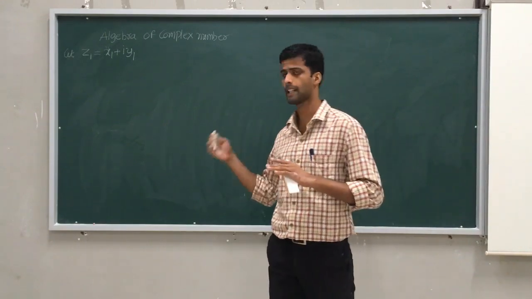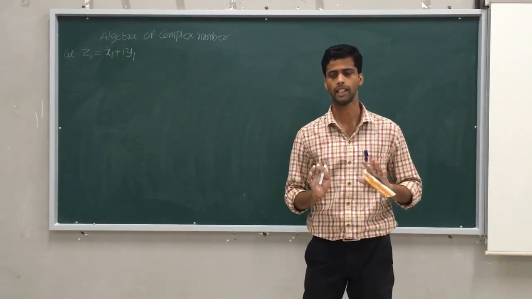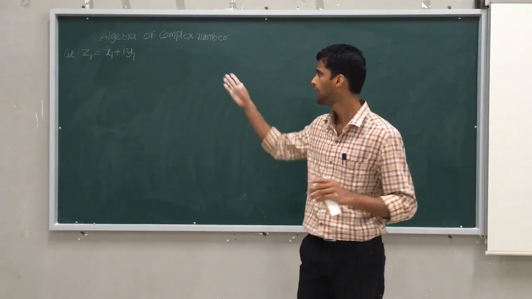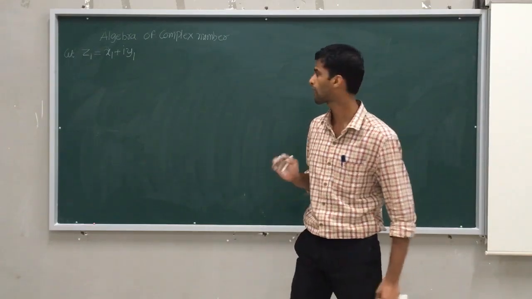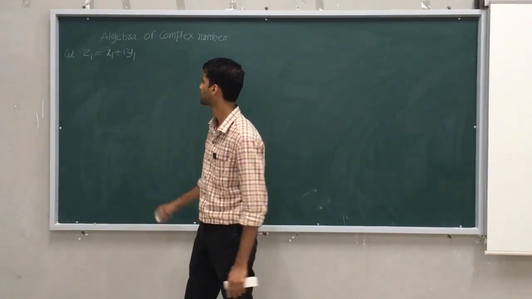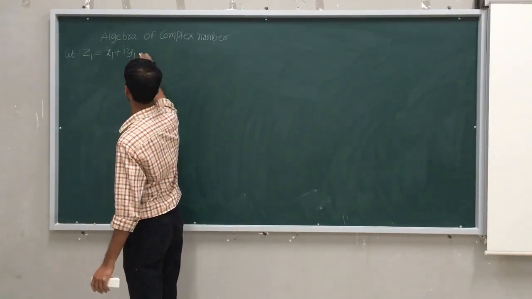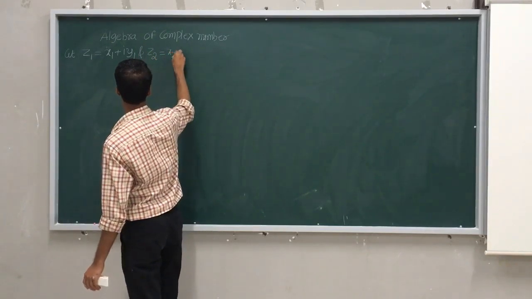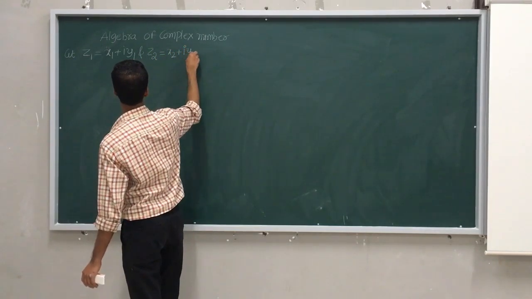Don't take a on one side and x1 y1 on another side. Stick on to one. But while getting the idea, you may change notation. But while writing also, be careful. I will take notation x1 y1. So let z1 equal to x1 plus iy1 and z2 equal to x2 plus iy2